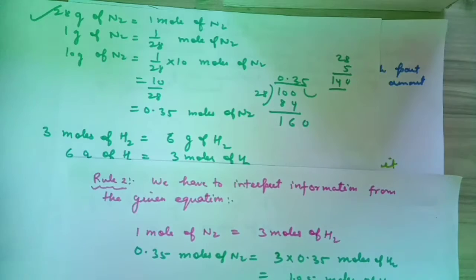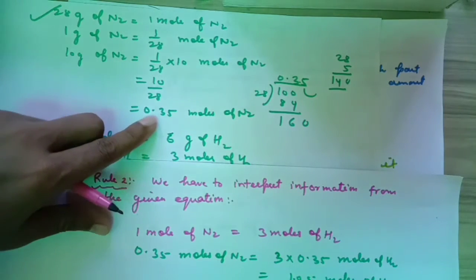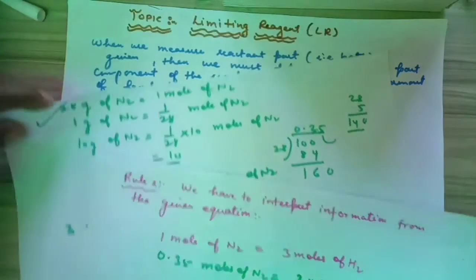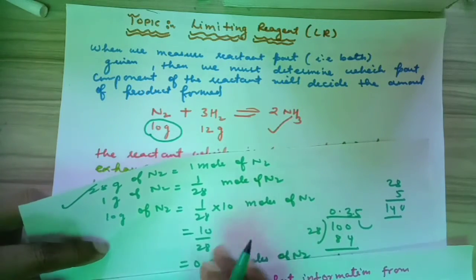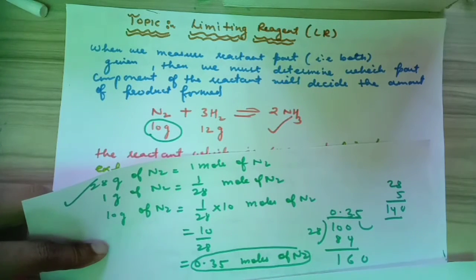Now from the given chemical equation we got that 1.05 moles of S2 is available in the given equation, but it will be used as 0.35 moles of N2. Now from the given equation, this amount is available, and from the given question we see that we are using only 0.3 moles of N2.